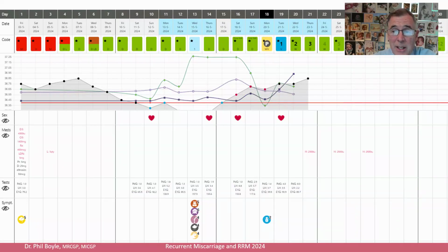This is a fascinating new development. If we're struggling with limited mucus and poor temperature recording, then we have a beautiful evolution in urinary hormone testing, where we can document, there's several different companies that do this, a combination of the estrogen detected in the urine, followed by the LH surge, followed by the progesterone surge. So we can plot the surges of all these hormones.